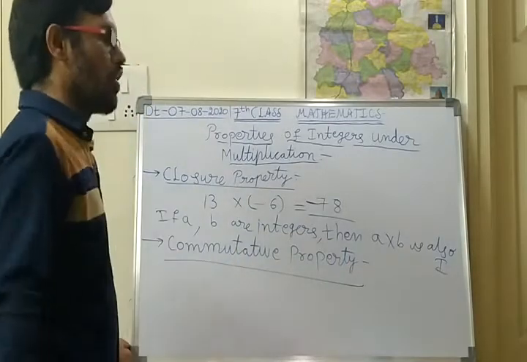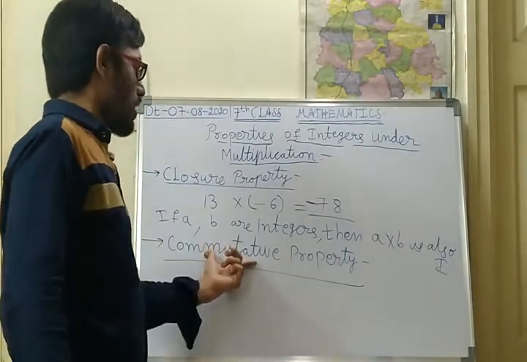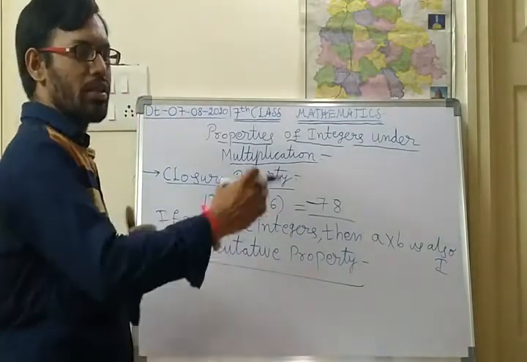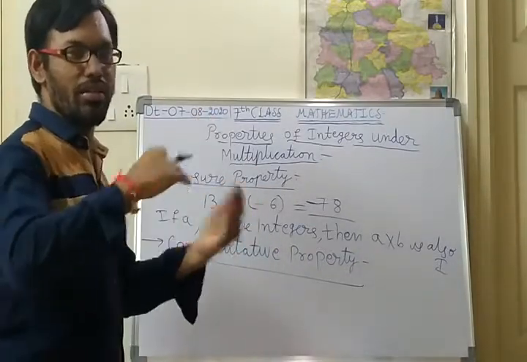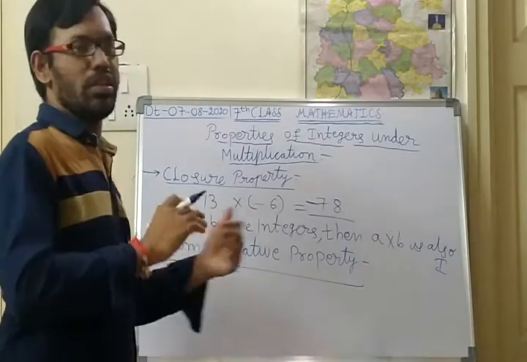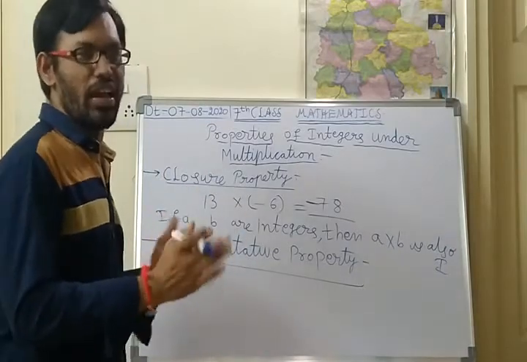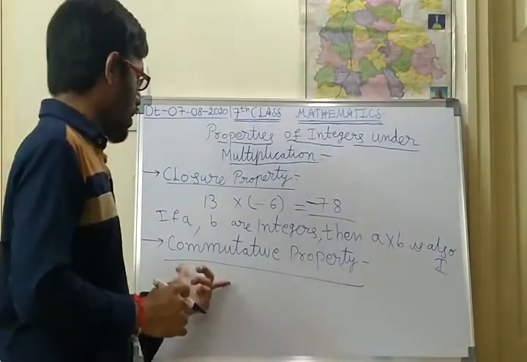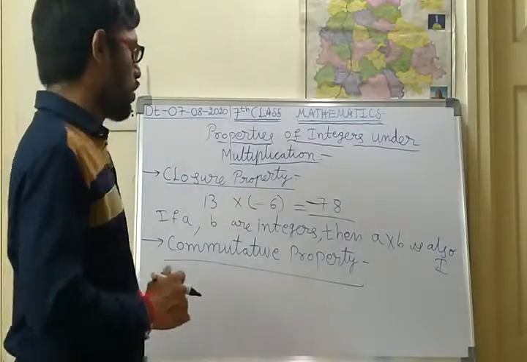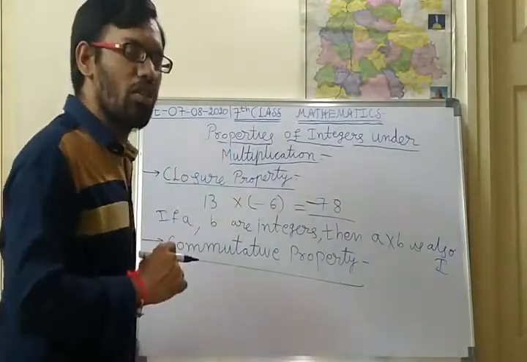So what is commutative? Already we said. So what is the meaning of commutative? Commutative means exchanging one another's places. Okay, exchanging the partners or exchanging anything to some other person. So here, in the commutative property of addition, what do we say?